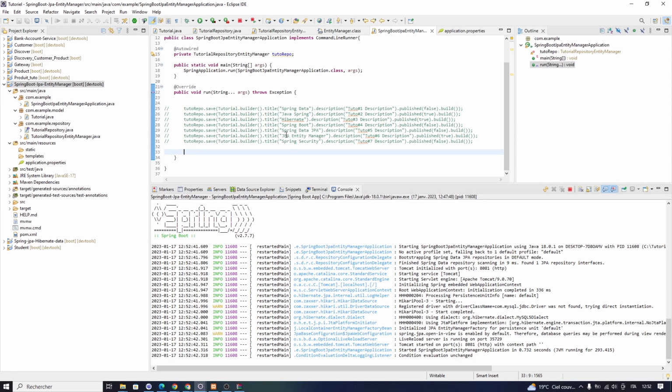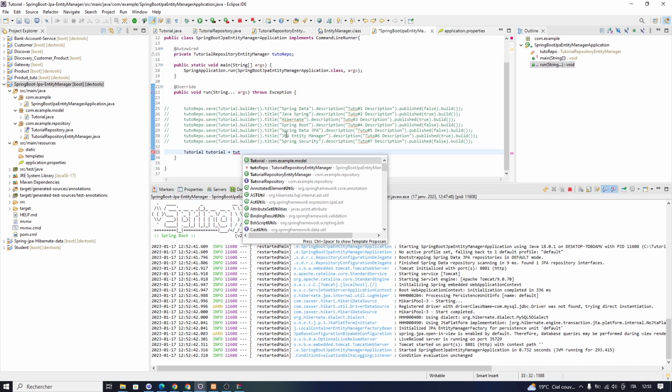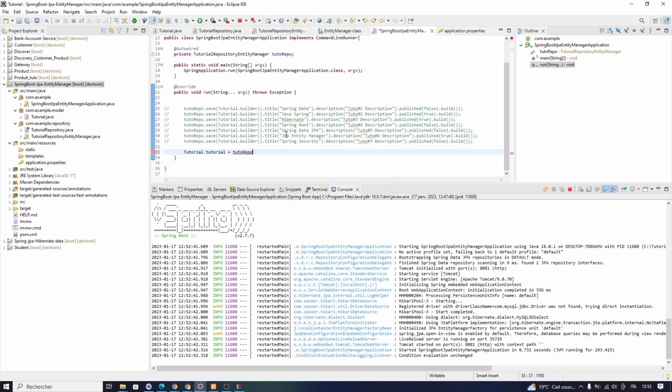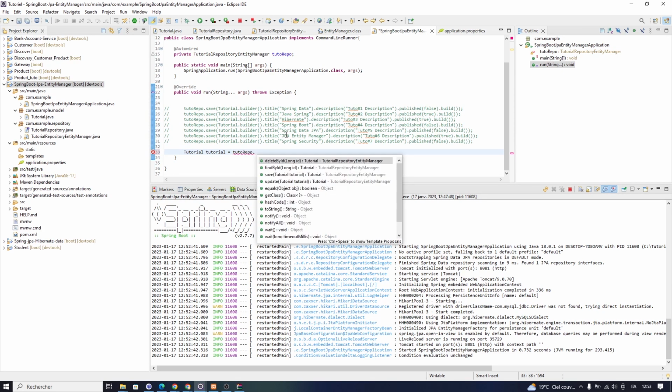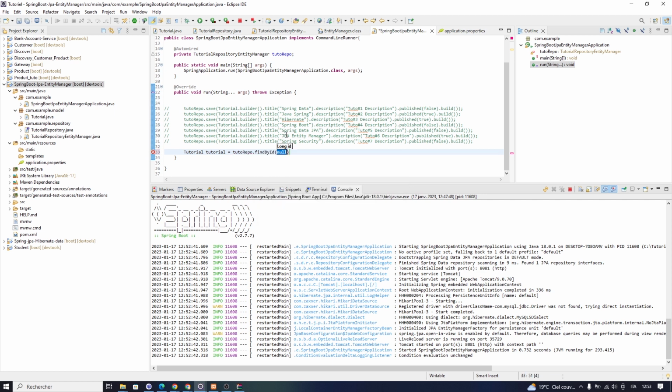So I need to search tutorial number 6, for example. I put here tutorial, and we have tutorial repo.findById, and I put here 6L because our ID is long,